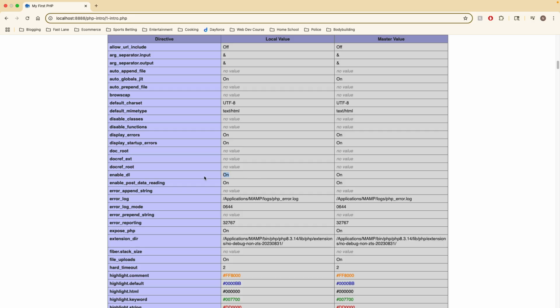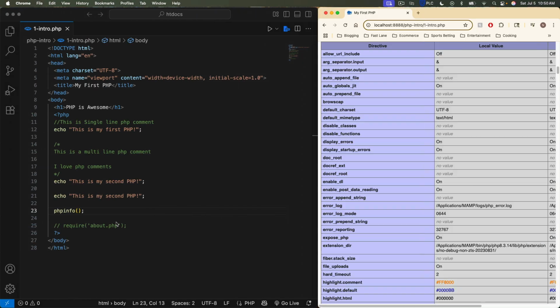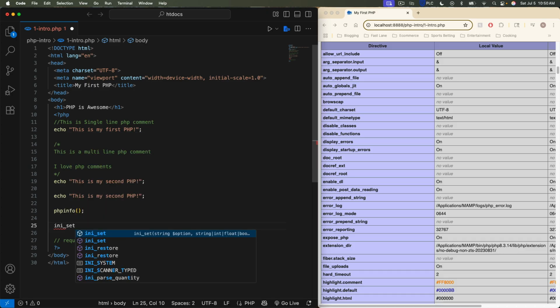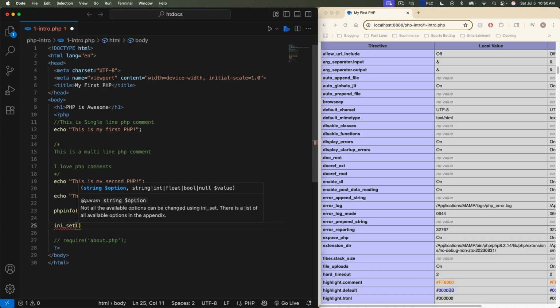Back in the day when you would download PHP, you had to manually do all this, but I think the newer installations of MAMP and XAMPP, it's turned on by default. Now, if it's not turned on, what you need to type in here is ini underscore, and there's a lot of underscores in PHP when we're naming variables and calling functions. They use underscores a lot in PHP. Now that's different from JavaScript, but just get used to writing a lot of underscores. Okay, so ini underscore set. Then your parentheses, and then we're going to put some quotes,